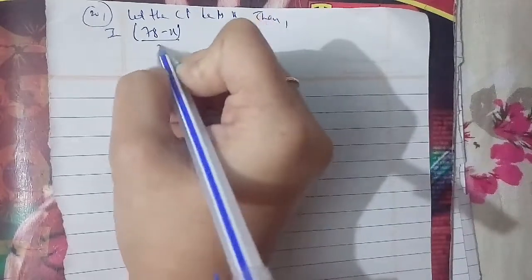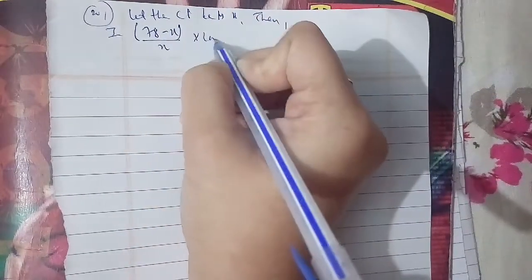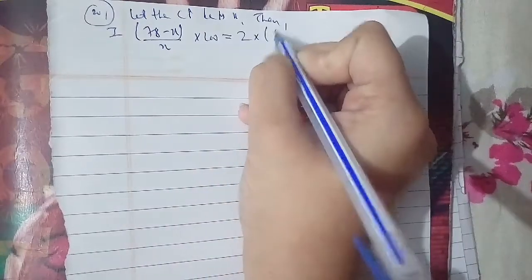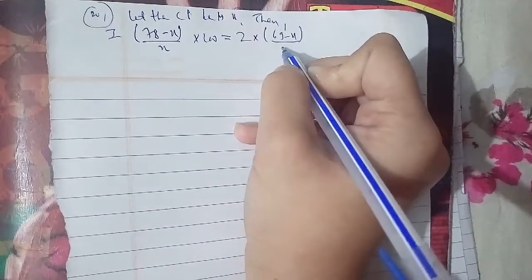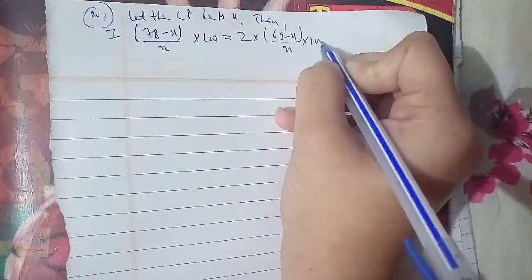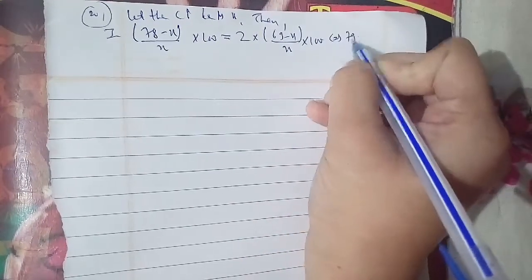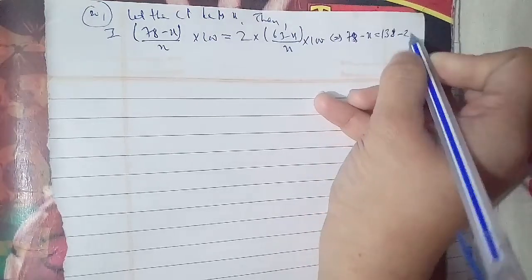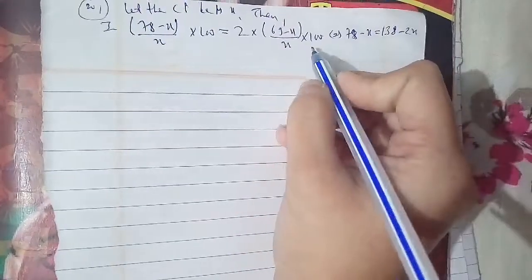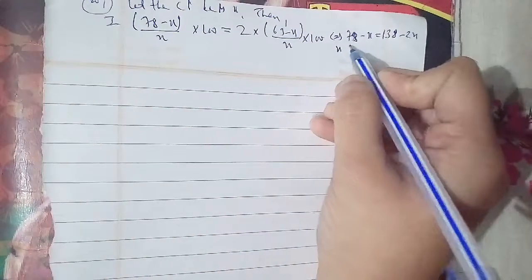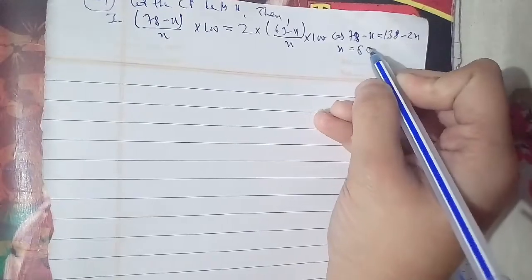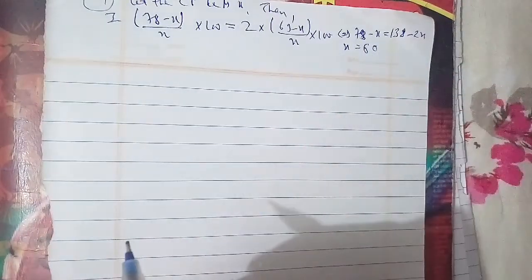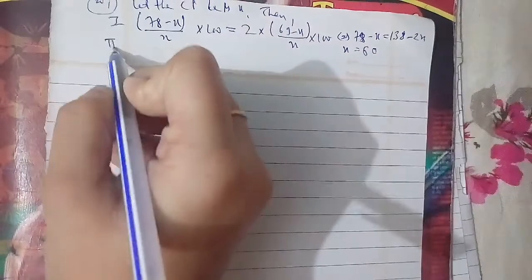Then according to the first statement, (78 minus x) upon x into 100 equals 2 into (69 minus x) upon x into 100, that is 78 minus x equals 138 minus 2x, and for the same x equals 60. Thus 1 only gives the answer,